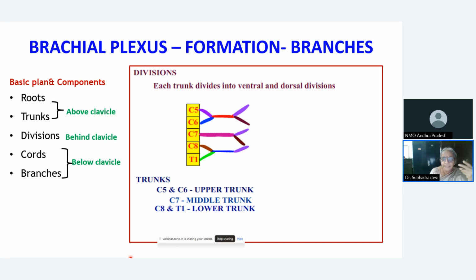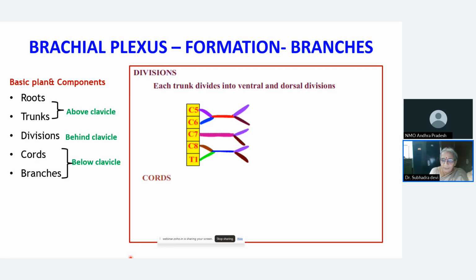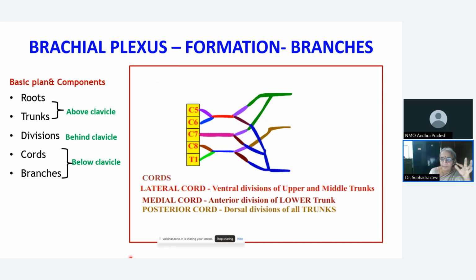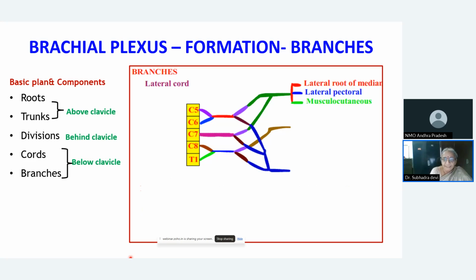The fusion of all 3 dorsal divisions forms the posterior cord. The ventral divisions of the upper and middle trunks contribute to the lateral cord, and the anterior division of the lower trunk continues as the medial cord, whereas the 3 posterior divisions form the posterior cord. And the branches from the